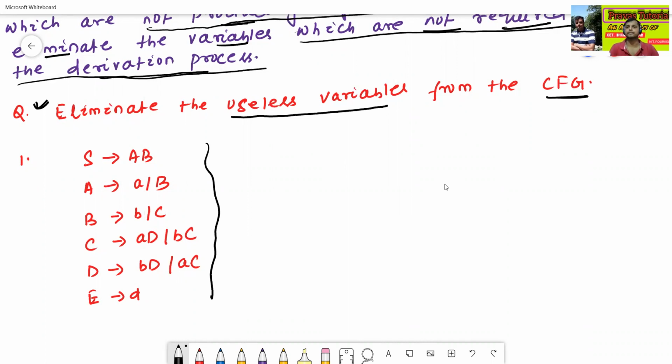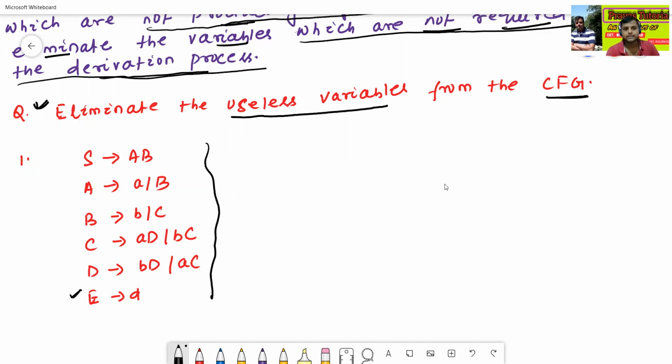Now we'll see, suppose E to D. There are two conditions: not producing any terminal string, and not required for the derivation process.